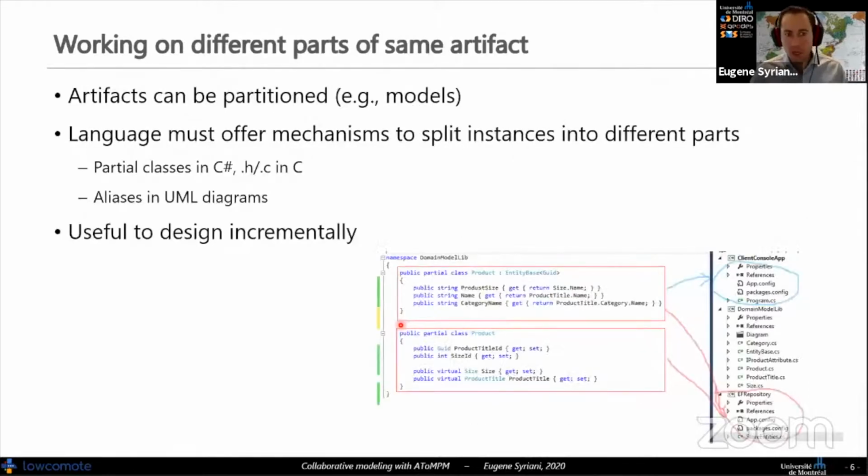We can work on different parts of the same artifact. In this case, we assume that the artifacts, for example the models, can be partitioned into maybe submodels or views. But of course, for that, we need mechanisms at the language level to be able to split the artifacts.